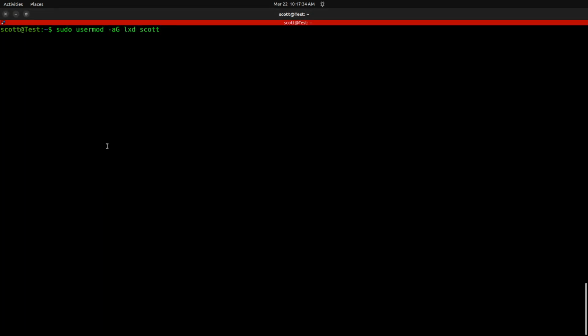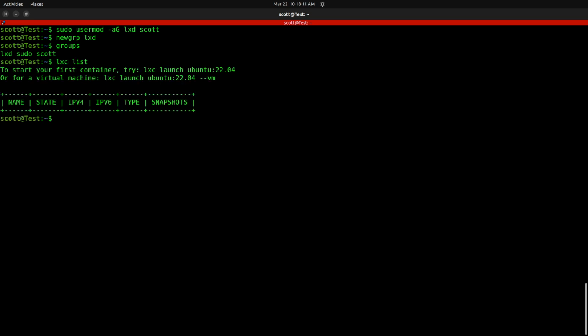For convenience, I'm going to add my name to the LXD group with sudo usermod -a capital G lxd scott, followed by a newgrp lxd, and followed by a groups command. And you can see that now Scott is in the LXD group. So the purpose of that is so that we don't have to use sudo commands whenever we issue an LXD command. So I can say lxc list, and we get a list,